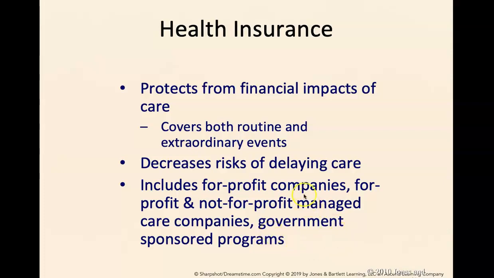And it's very advantageous for everyone to have a third-party payer source or health insurance because it decreases the risks of people not seeking care. And the problem with delaying care is that the care gets worse, and therefore the cost of care over a period of time becomes more expensive. So there are several entities that provide health insurance. They could be for-profit companies, non-profit, and also government-sponsored programs such as Medicare and Medicaid, and the State Child Health Insurance Plan, for instance. Also TRICARE for the military and VA.